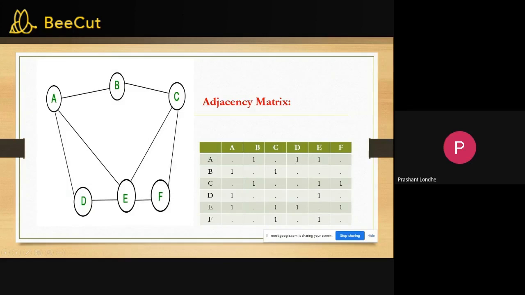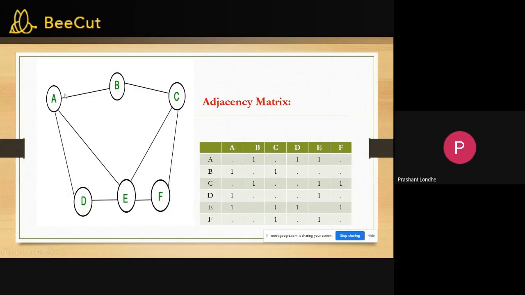But A is not connected to C, A is not connected to F, and A is not connected to itself. There is no self edge. So I'm going to put a dot between AA, a dot between AC, and a dot between AF.